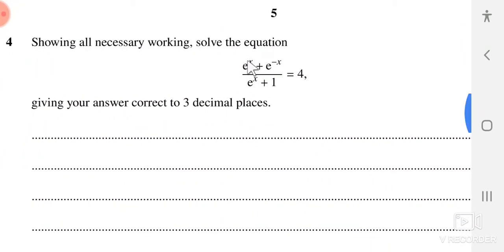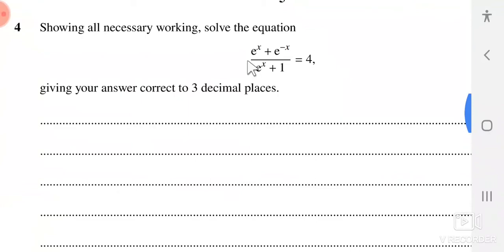And now here, this is a simple exponential equation. It's once again a very simple question, my dear. This question can be cracked easily. If you let e^x = y, then this equation becomes y + 1/(y + 1) = 4. You will see that this equation